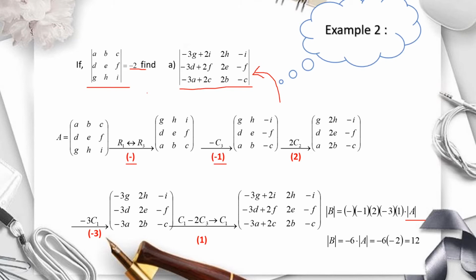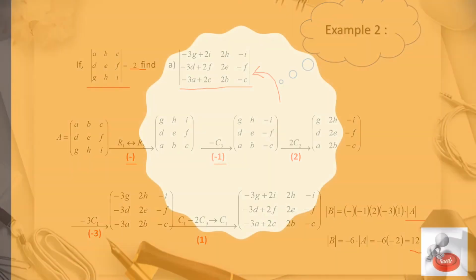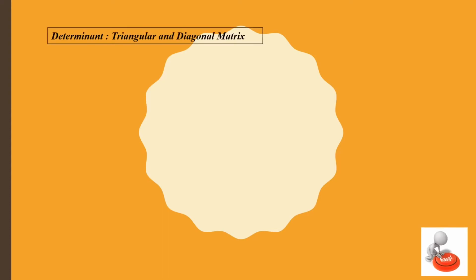So we get determinant of B is 12. Simple, right? Now, we are going to continue on how to find determinant when the matrix is in a triangular or diagonal